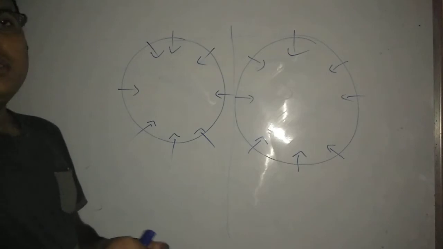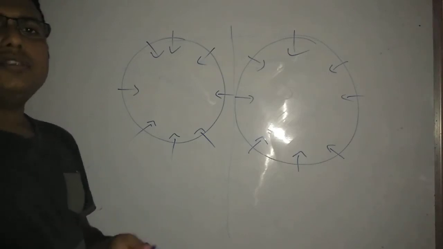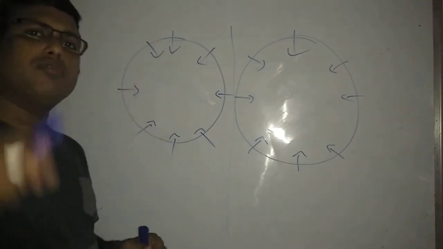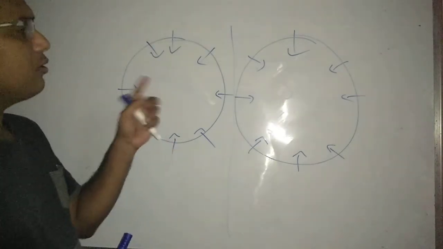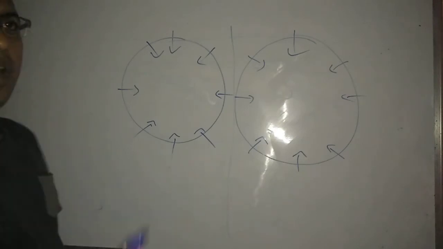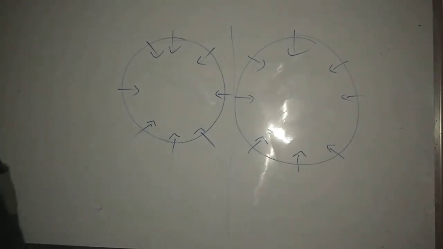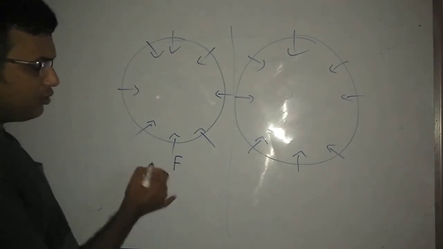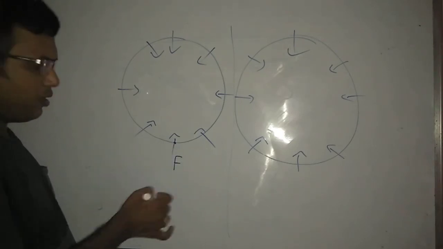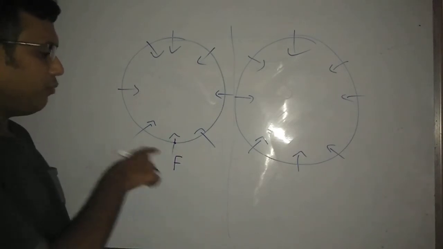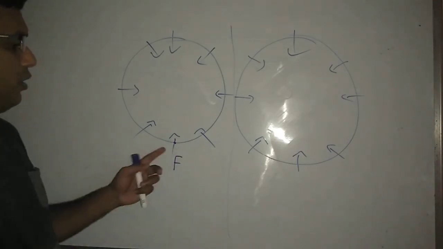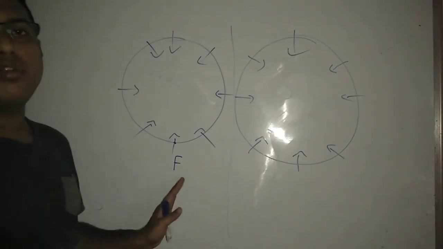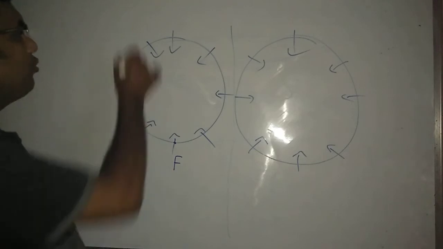So the members are A, B, C, D, E, F, G, H, A to H, and all are sitting around the circular table and facing toward the center. The first line is given: B is sitting third to the left of F. So put F here. This is the starting point and a reference point. You always put the reference point here, because your left side is also the left side of that person and your right side is also the right side of the person, and put B here.